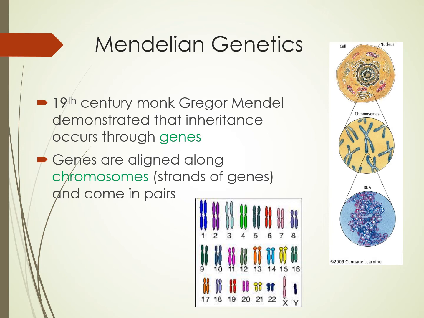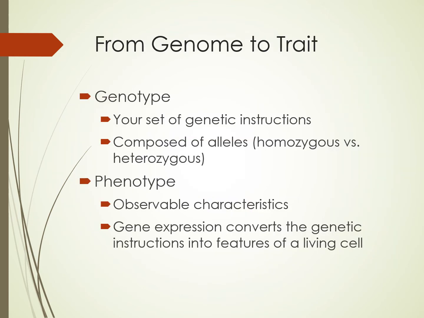And I'll go ahead and talk from the picture on the far right, which is from a Psych 101 textbook, but I always really liked the way it showed everything and magnified everything clearly. If we're looking at a cell, and we're in the nucleus of the cell, in the nucleus we're going to have our chromosomes. We magnify that and see the chromosomes, and then we take a little piece of chromosome, we magnify that, and we can see the strand, that area of the strand of DNA. So I'm going to walk through some of that again in a little bit more detail with words on the slides.